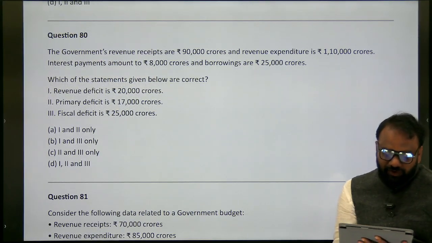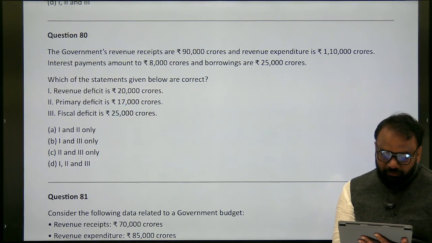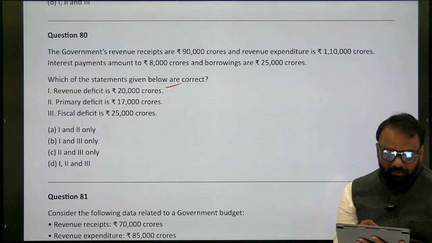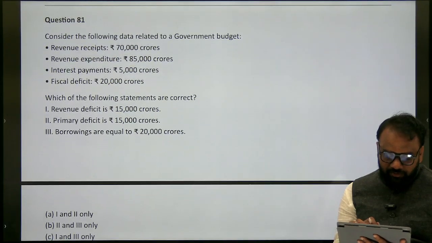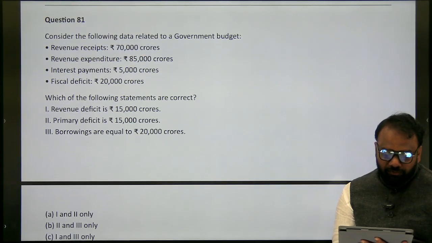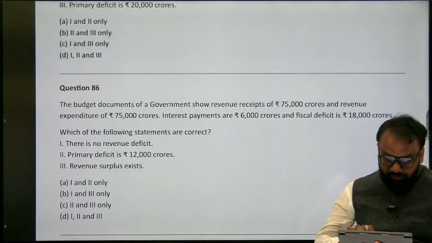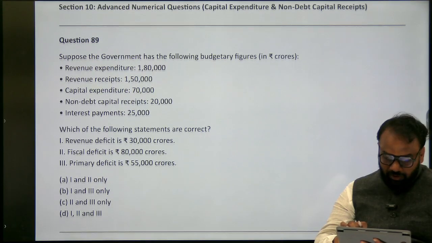Next, here also you cross-verify. One is correct. Next, primary deficit: correct. The third one is also correct. Okay. Now,